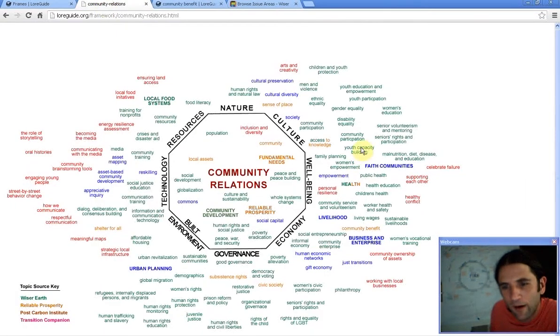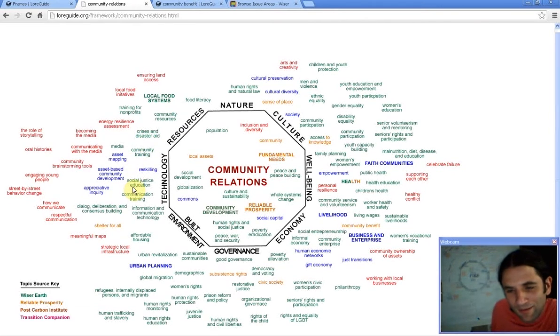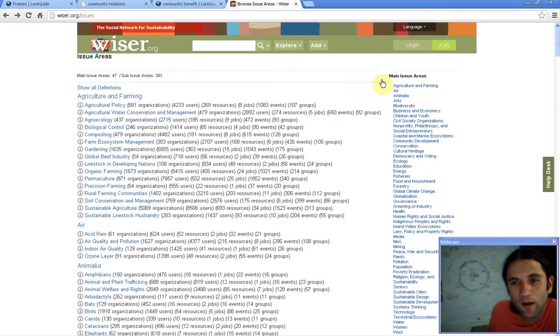So going back to the frame, not all of these ideas have yet been input. The ones that haven't, you can still find out what they are by going down to the key in the bottom left, which will give you a link, for instance, to Wiser Earth, where all these green topics have come from. Wiser Earth is an example of a site that has done a fantastic job of somewhat relationally organizing vast sets of ideas they're working to do globally with nonprofits, what we're trying to do locally in our community,